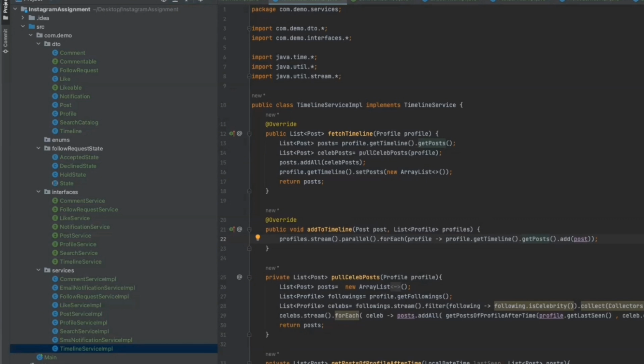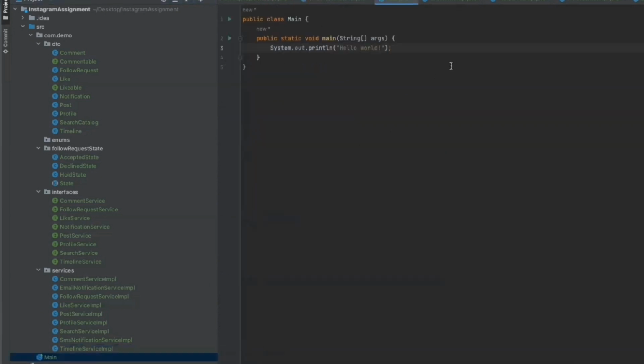So let's just write a main function. I know this is not going to be a proper main function, but we can test a few flows here. So let's just test a few things, and we would be giving the link to this repo which you can clone in your systems and then play around with this piece of code. And you might see slight errors also. Somewhere we might not have made a constructor, which you can make, and you can play around with this piece of code, right?